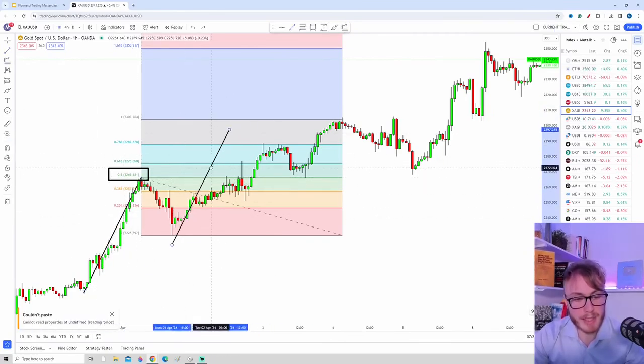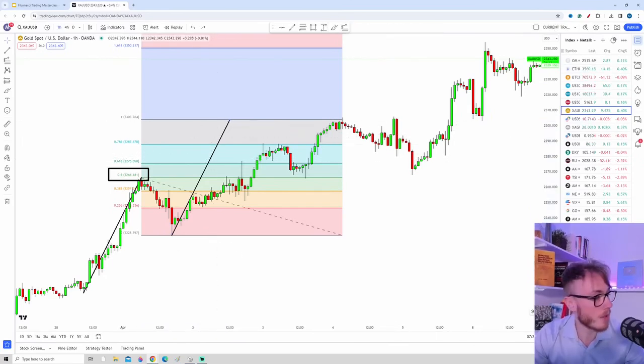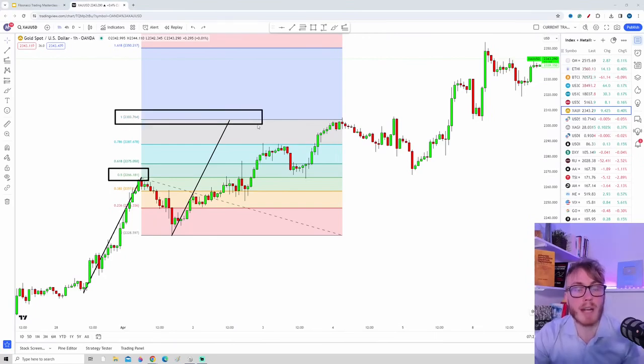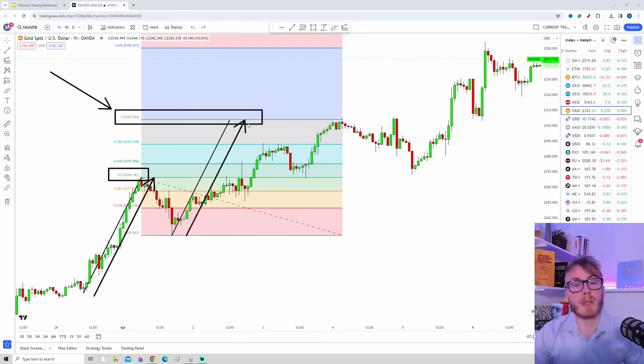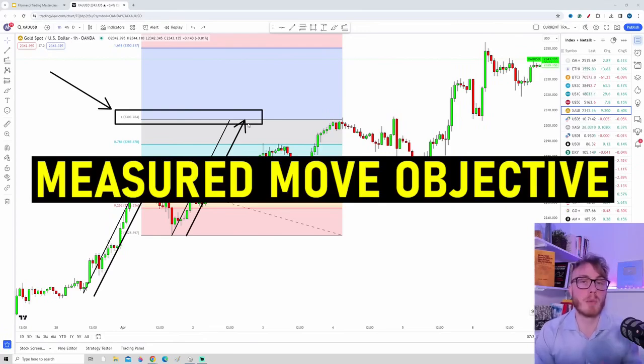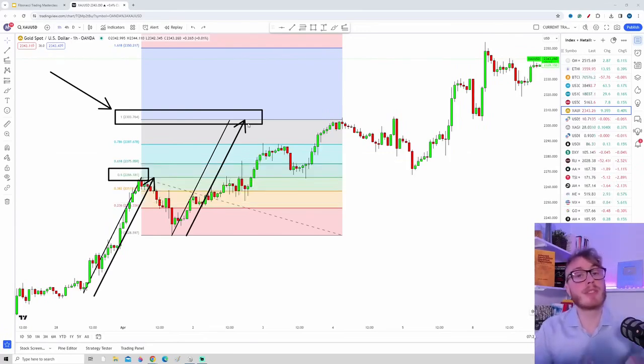If we copy this exact move and drag it from the low of the pullback, we want this move to go all the way up here to the 1 level. And the 1 level right here is a very common area for traders to take profits. When we measure the move, like we did, for example, right here and right here, this is something we call a measured move objective. And this is a very common method to take targets when you use, for example, chart